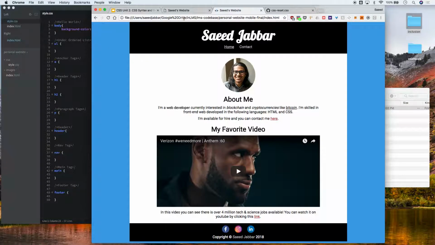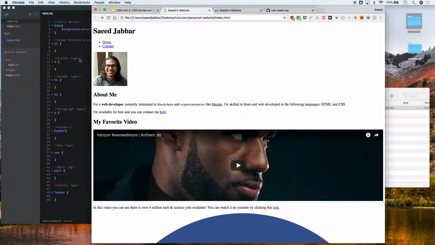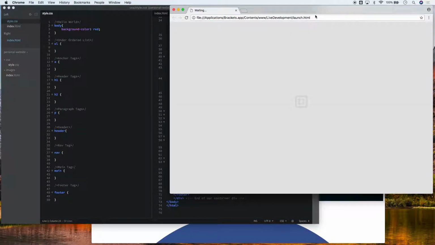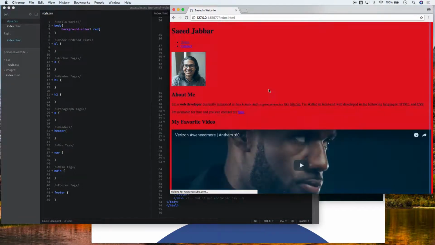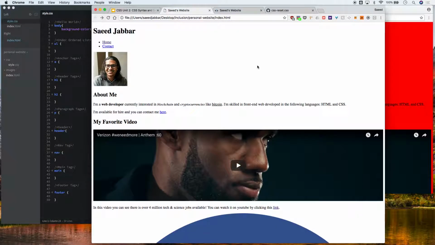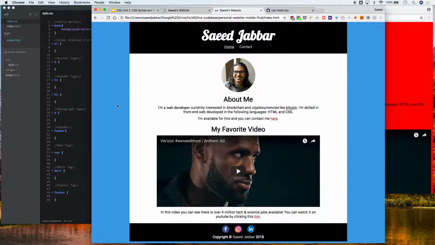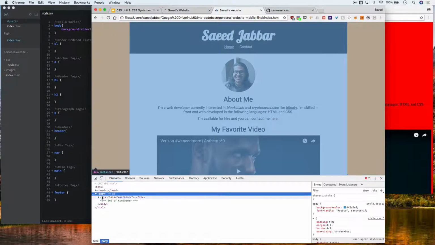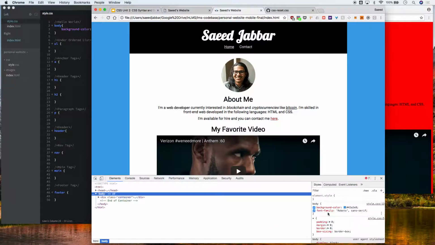So the first thing that we're going to do, if you look at and preview our current website, the background is red, which makes sense. We actually want our background to be this bluish color. And how we can get that exact color is we right click, click inspect, click on body, in this case is already selected, and we can just copy and paste the hex value for this blue color